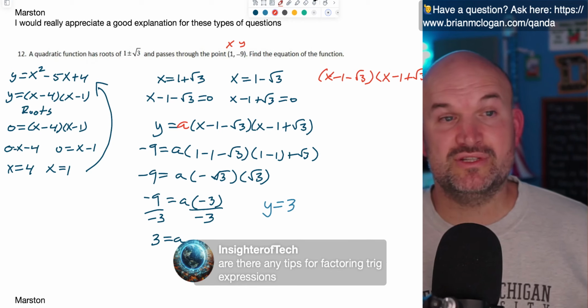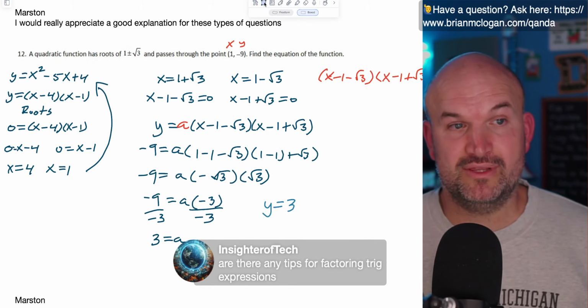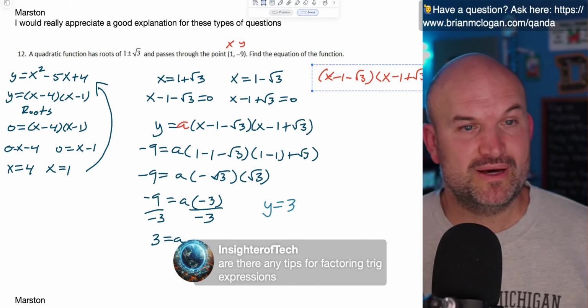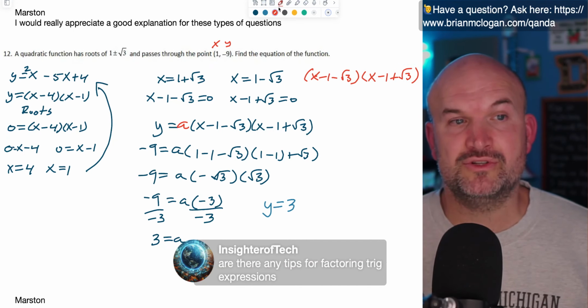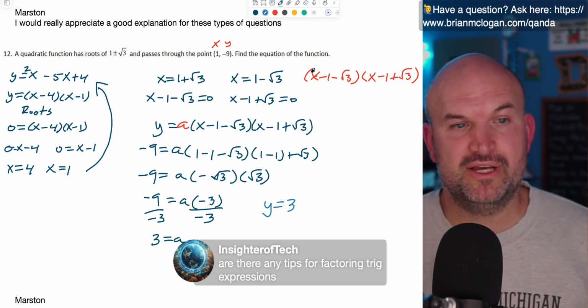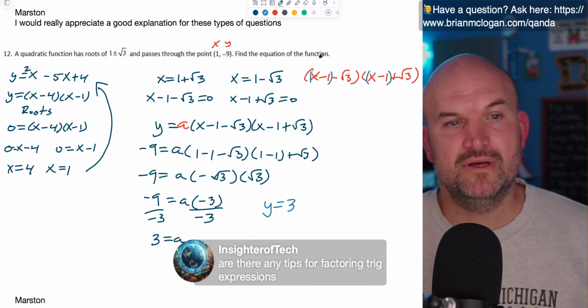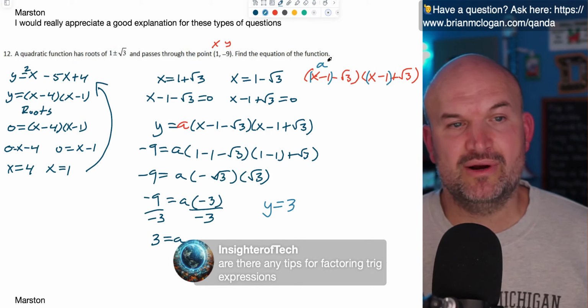You could multiply this using the box method, which I have no problem with. A lot of times I would just tell students to multiply this out. But let me give you a little tip. This is what I would also do a lot with my pre-calculus students. I say, well, if you group the x minus 1, since those are exactly the same, what I want you to recognize is we can rewrite this as